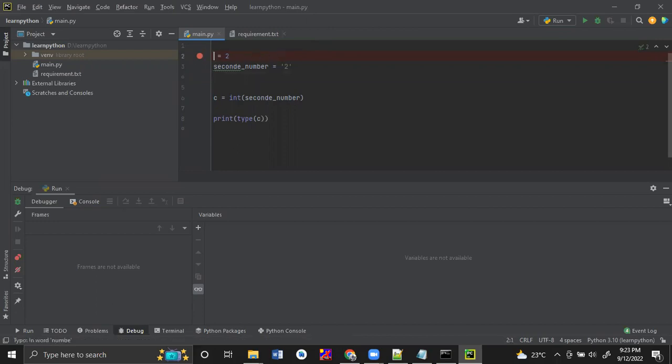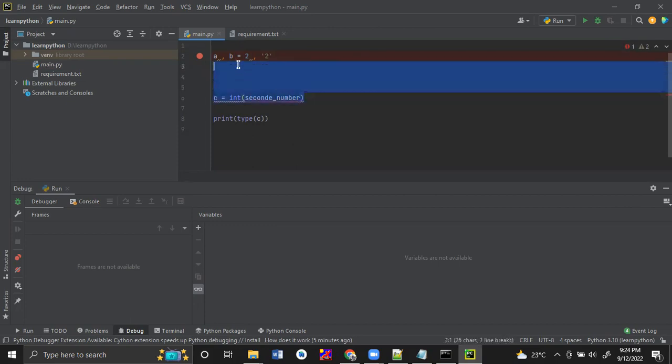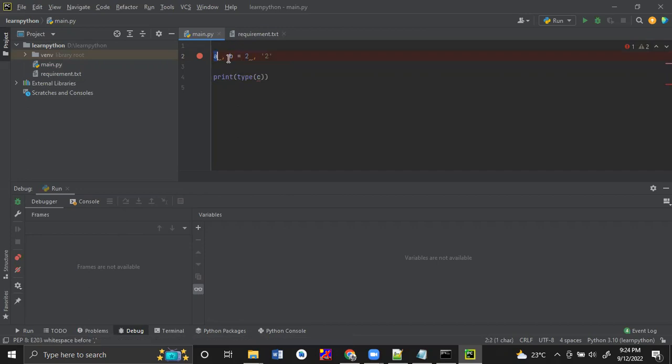Now I will make this A, comma B. So I created 2 variables and I have assigned 2 values. So I will print the A and